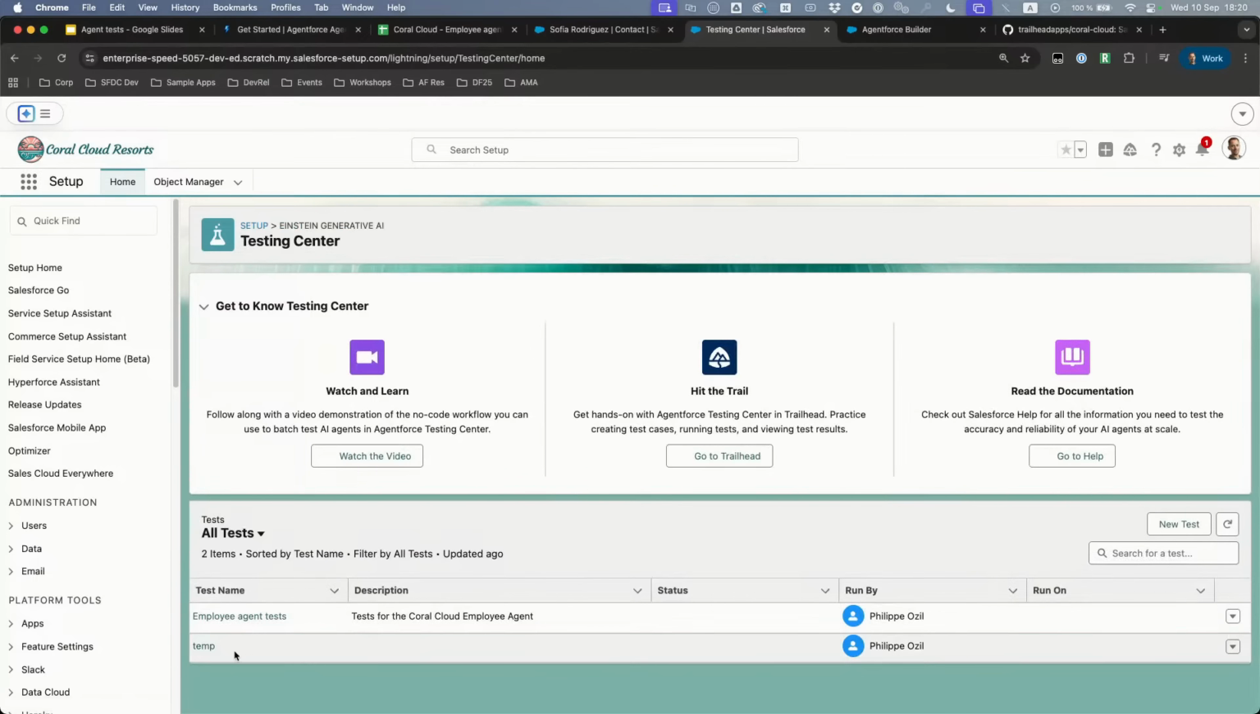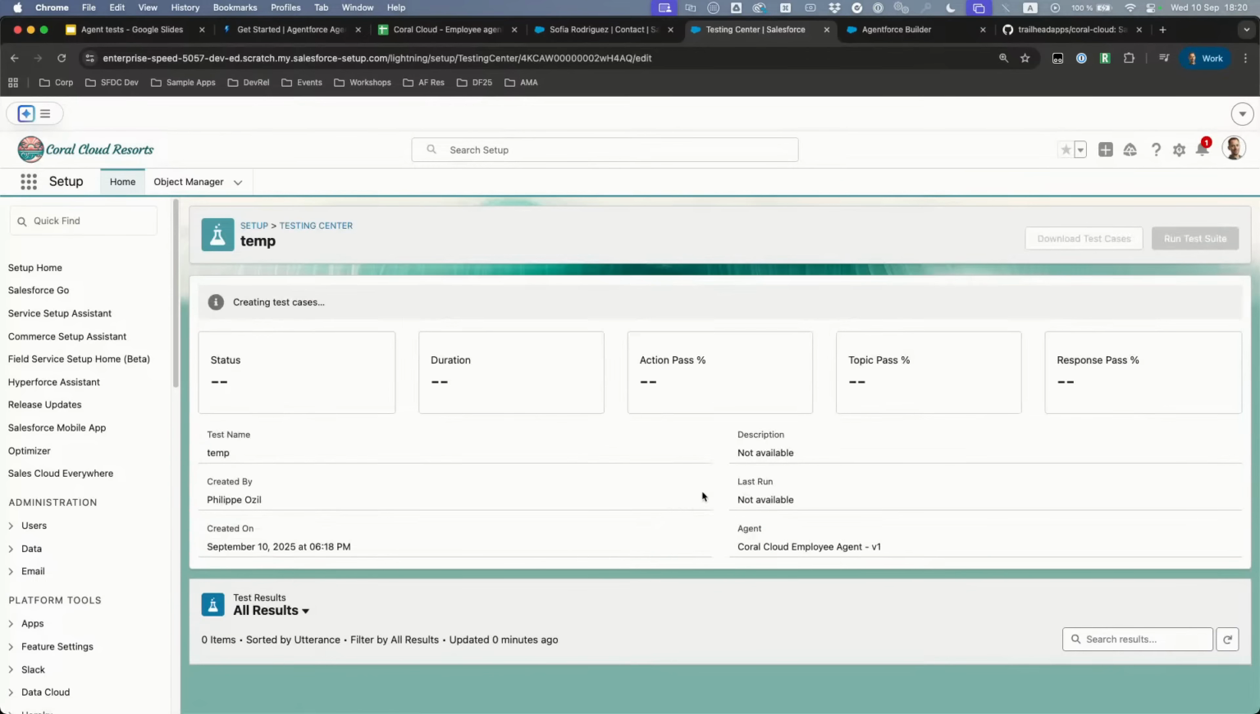Reopen it. It's still working on generating our test cases. If it takes too long, I can show you and switch to the existing tests that I have. One thing that is important that I need to mention with Testing Center is that all the tests, everything that